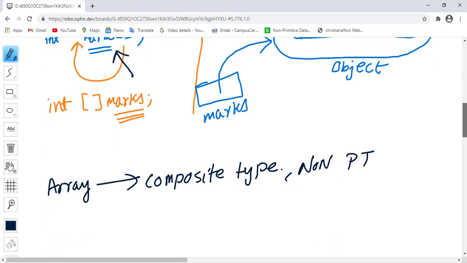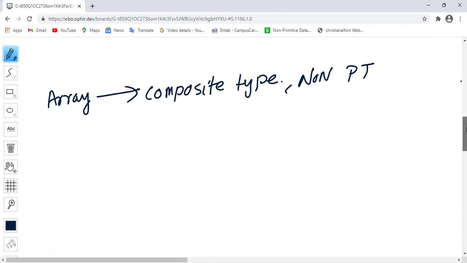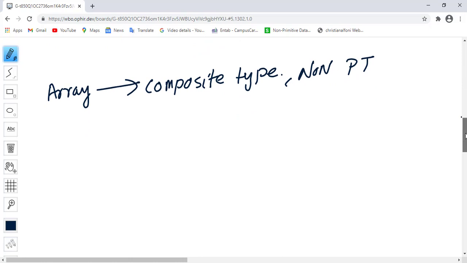So therefore this is known as composite type or a non-primitive type.